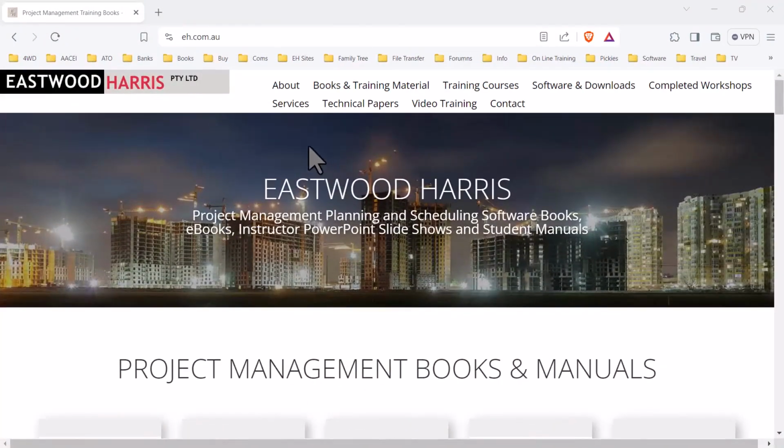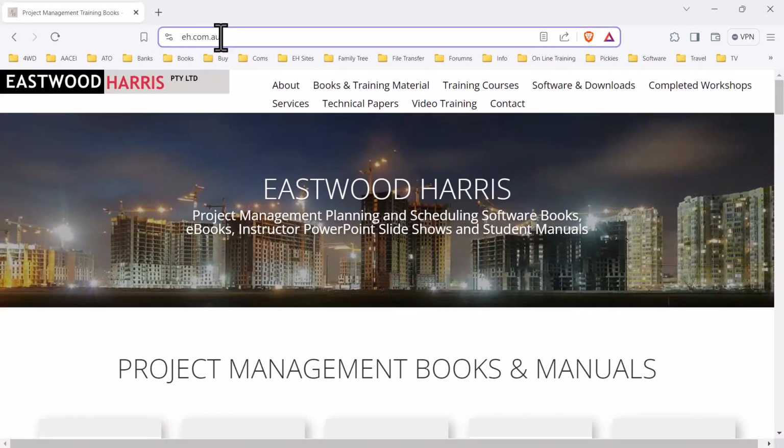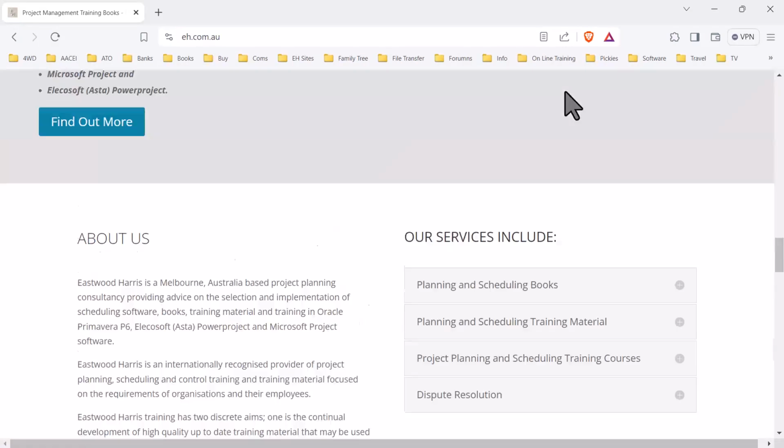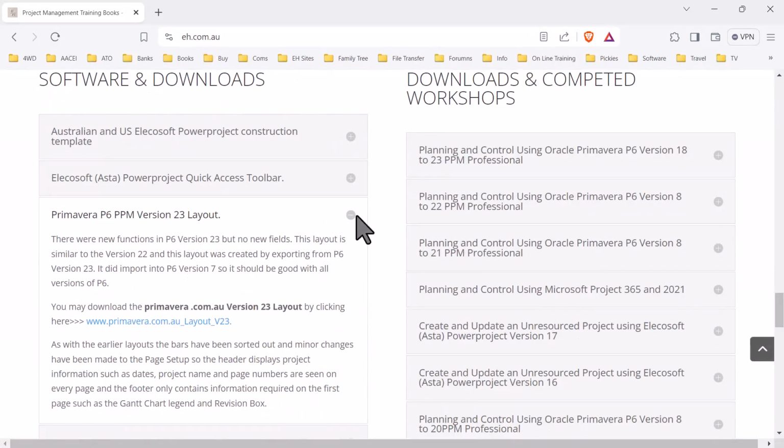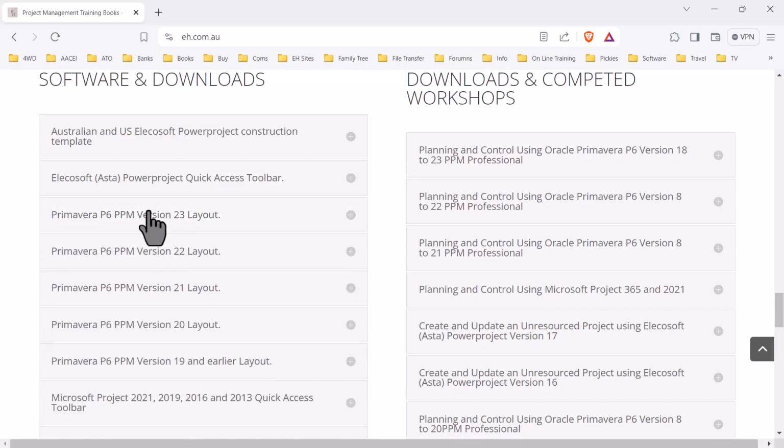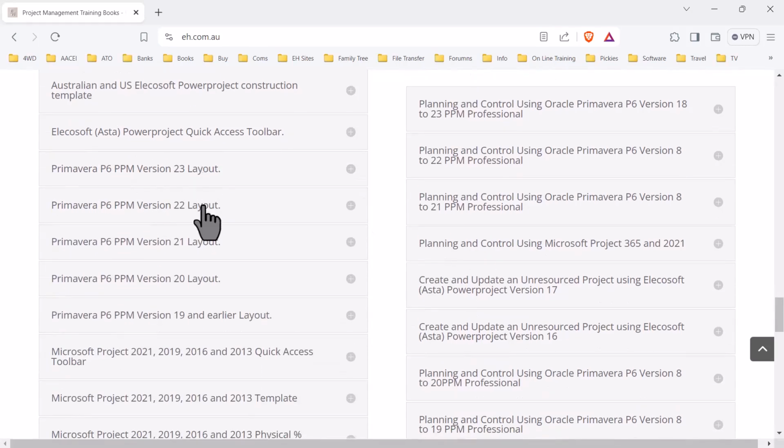So I have several websites. I have www.eh.com.au, I have primavera.com.au and eastwoodharris.com, and all of them enable you to access the software and downloads, and you'll find that I have a number of layouts, and this is where I have the Primavera version 23, 22, 21, 20, 19. In my experience, all of these can be imported and exported into any version, but you'll find in